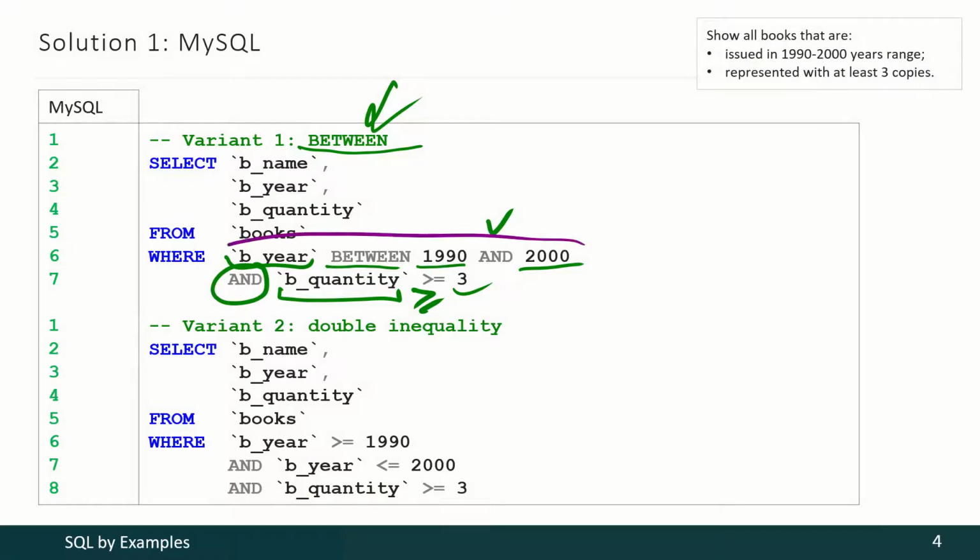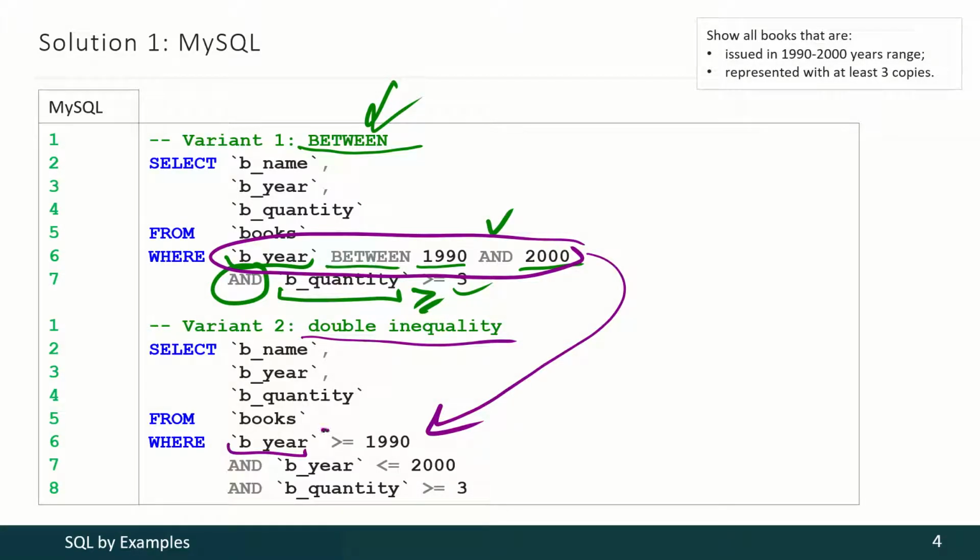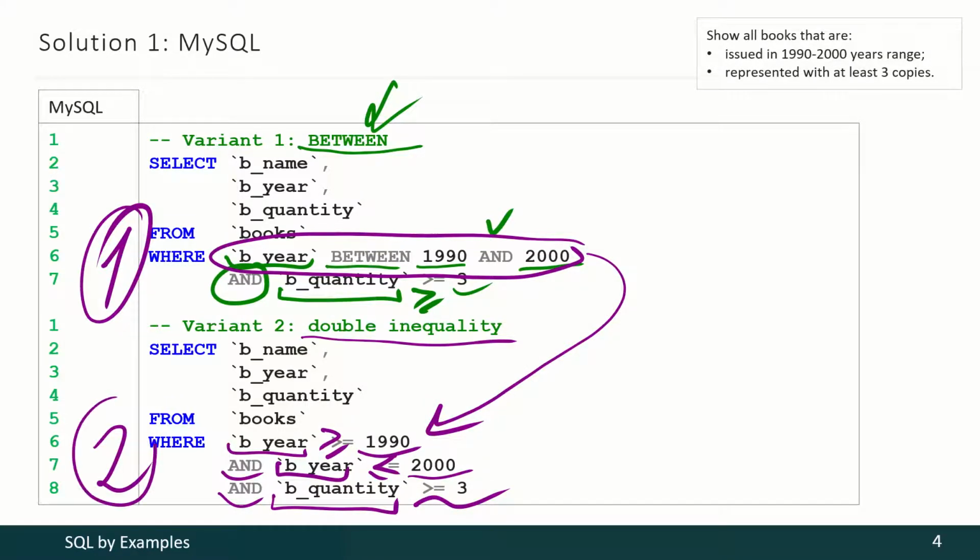And this section may be written in the following way with double inequality. We may use that field be year more or equal 1990 and the same field less or equal 2000. Then AND keyword and the quantity field again. These two approaches, the first and the second, are really the same, but this variant is more common and more